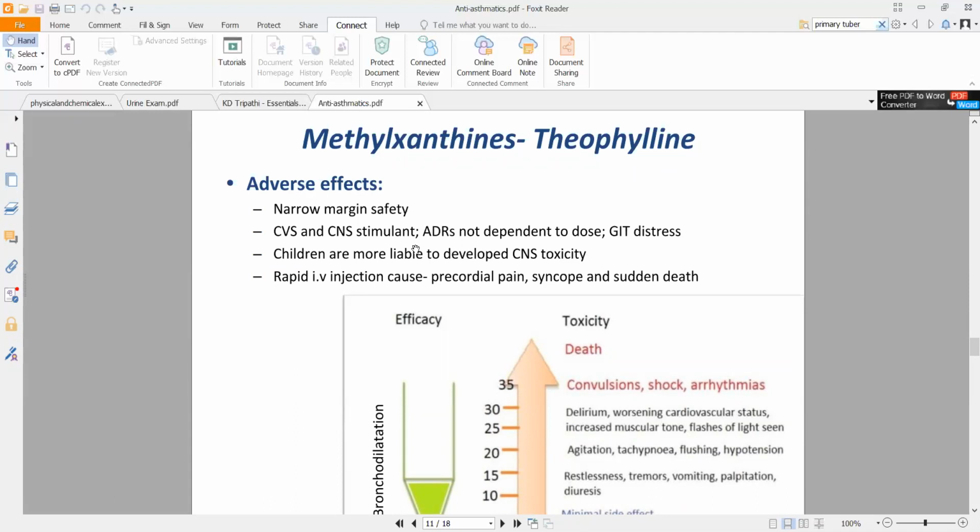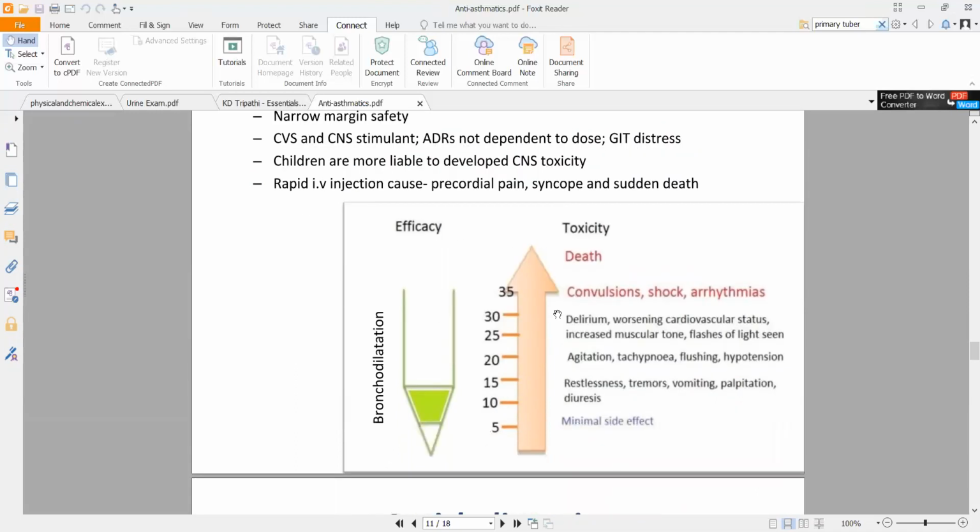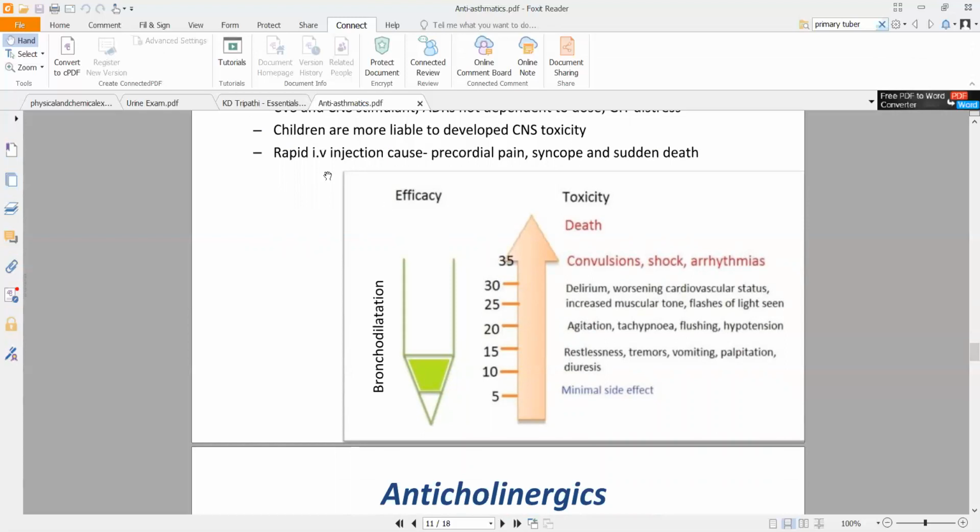It is a CVS and CNS stimulant, and ADRs are not dose dependent. It is based on the concentration, so you have to be careful of that. Depending on the plasma concentration, these side effects will be very problematic, right? Especially they can cause GIT distress as well. Now, another thing,